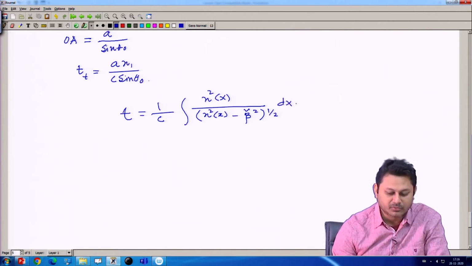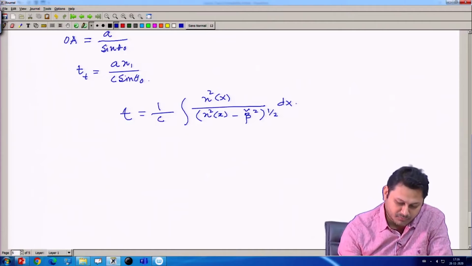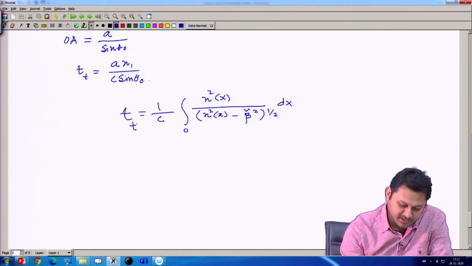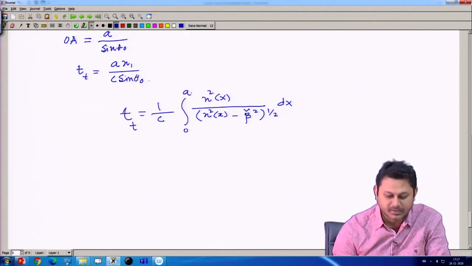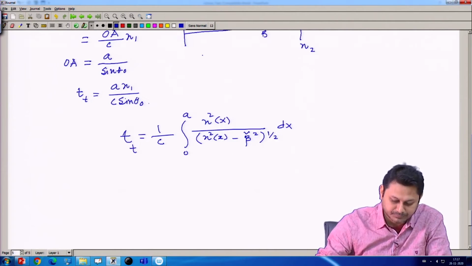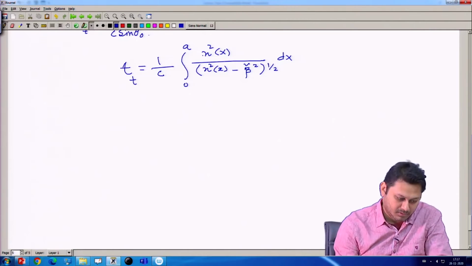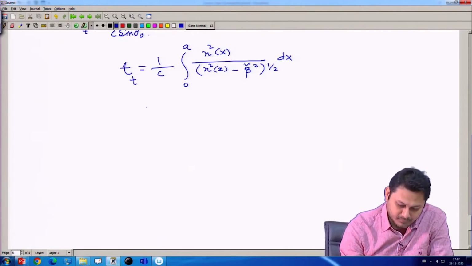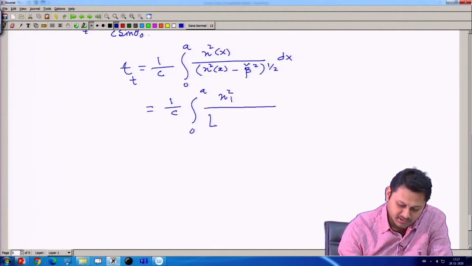That is the value, and when I calculate the transit time I need to go from 0 to A, because this is the transit point. This A point is eventually my transit point. So, I can calculate 1 divided by C integration 0 to A. This is my N1, because here it is constant, and this is N1 square minus beta tilde square whole to the power half